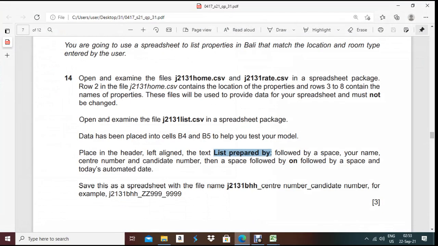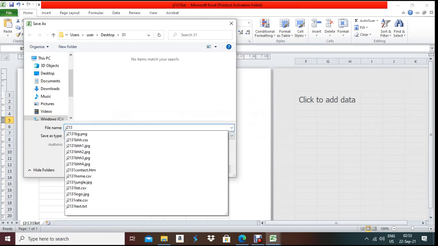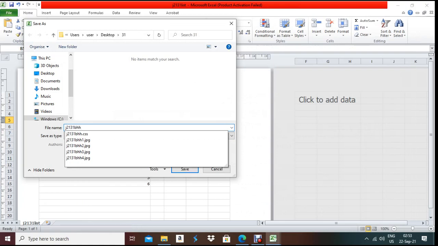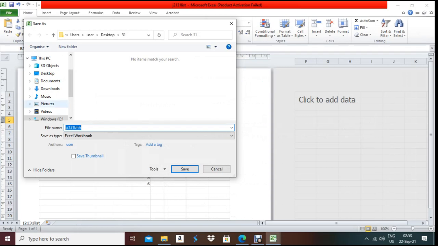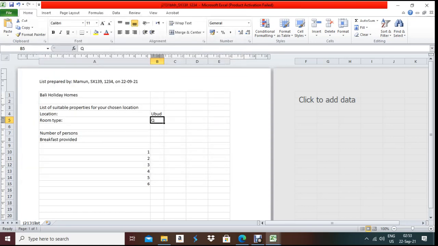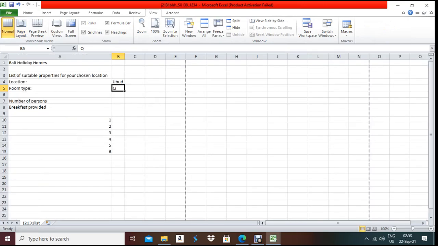The file name is j2131 bhs, then underscore, center number and candidate number: underscore SX139 underscore 1234. Then save. Now we can view it in one worksheet; click on normal.